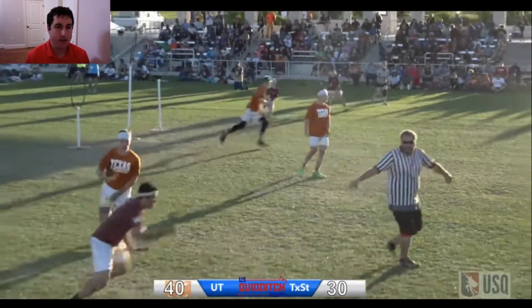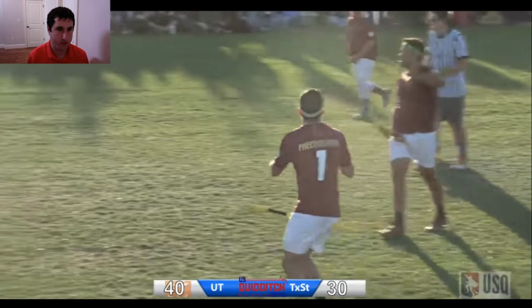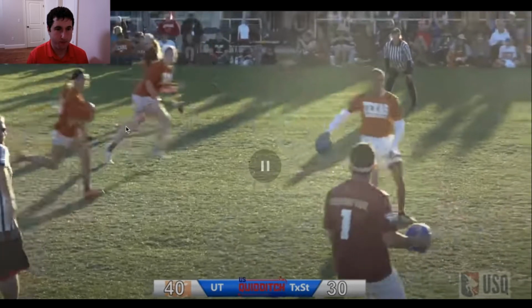Oh, wow. So this is a great press. So I want to show you what happens here. Because you see a Texas State beater run off. They clearly lose the exchange. Watch what these two beaters are going to do. So here's beater 1. Here's beater 2. They're going to run past him. They're not scared that he's going to score because they ran past him. They know they have some of the best defenders in the country standing still between him and the